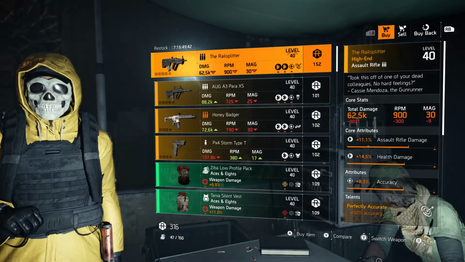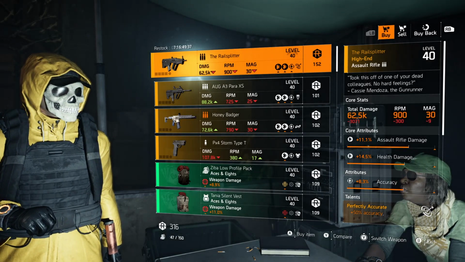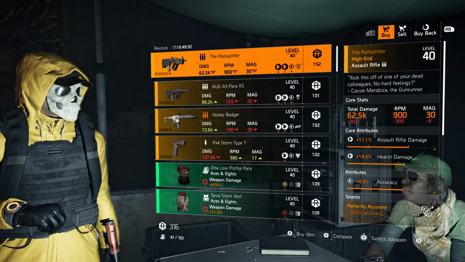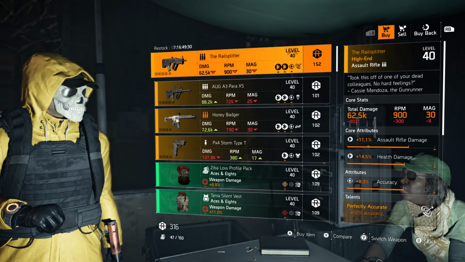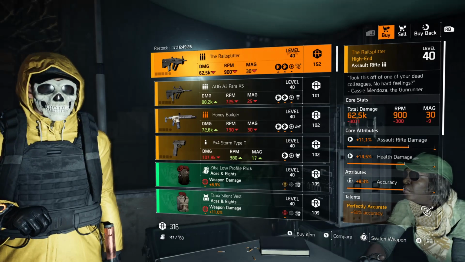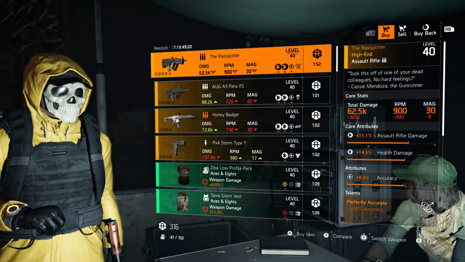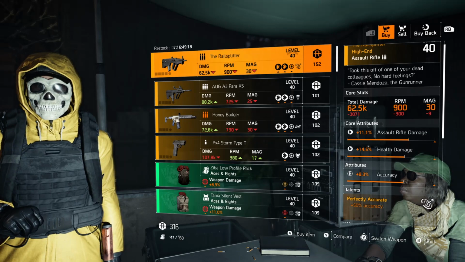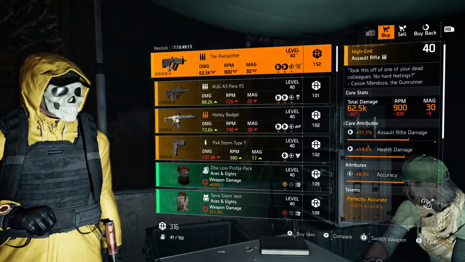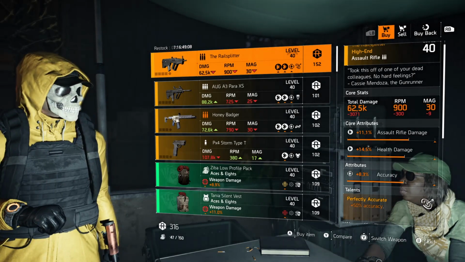So the only way to get this AR is PvP exclusive. So DZ caches, conflict caches, or if you're lucky, you can get it out of a named item cache. But for right here, DZ vendor, DZ South, the Rail Splitter. So this is the named CTAR assault rifle with perfect accurate. That gives you 50% more accuracy. Now this weapon comes with accuracy on top of that, but I would highly recommend you re-roll that off for